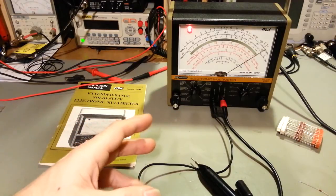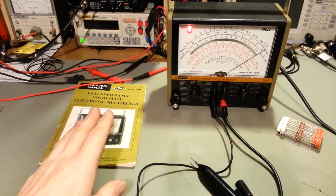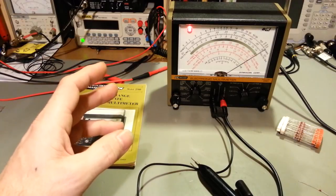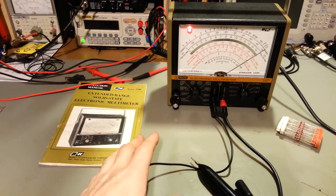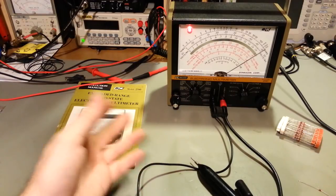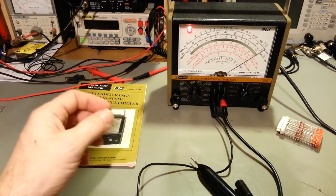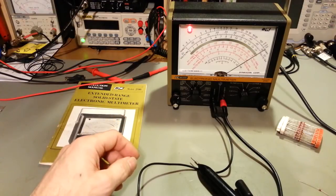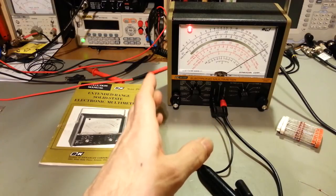I'll describe that a little bit, but I won't get into great detail because there are lots of good videos on YouTube done by other people, and I may even do one specifically on the subject. But input impedance is important when you're taking measurements. A lot of times when you're troubleshooting a circuit, you just want a general idea. Is there voltage or isn't there? You really don't need to be accurate. But if you're checking stage gain and you need to know exactly how many volts are on a vacuum tube or on a semiconductor, a transistor or an FET, the loading effect of your multimeter can affect your